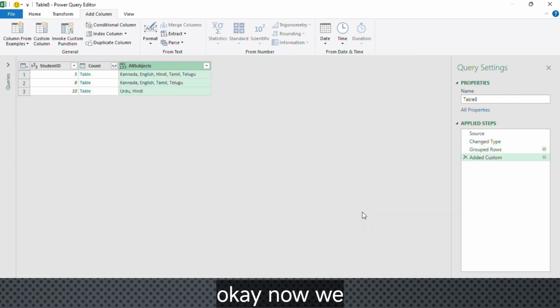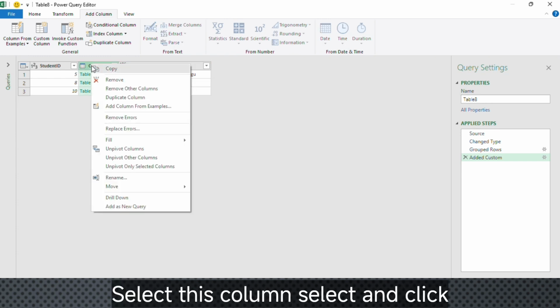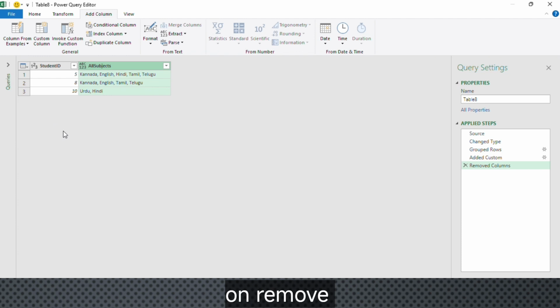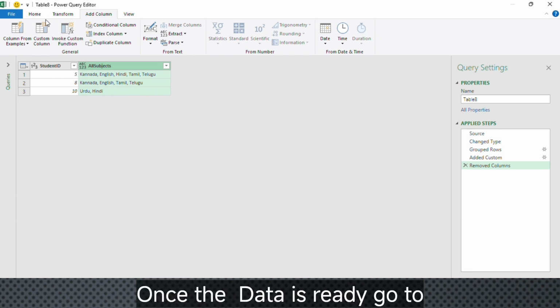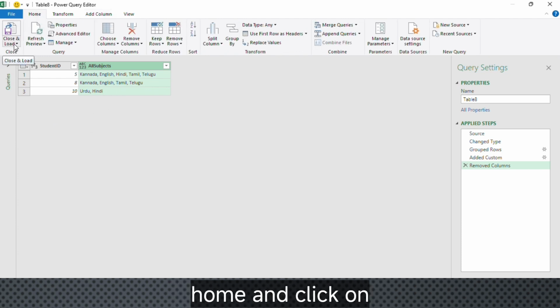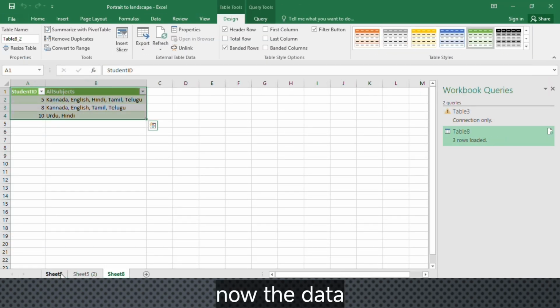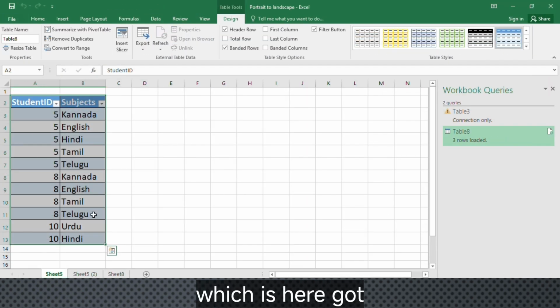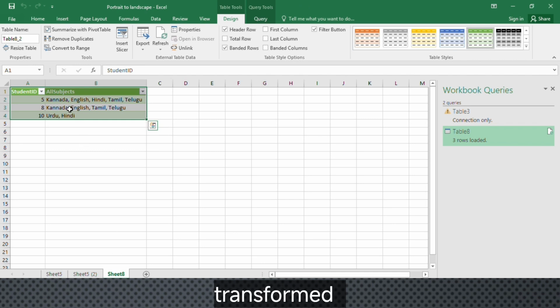Click on OK. Now we can see the data. Select this column and click on Remove. Once the data is ready, go to Home and click on Close and Load. The data which is here got transformed in this way